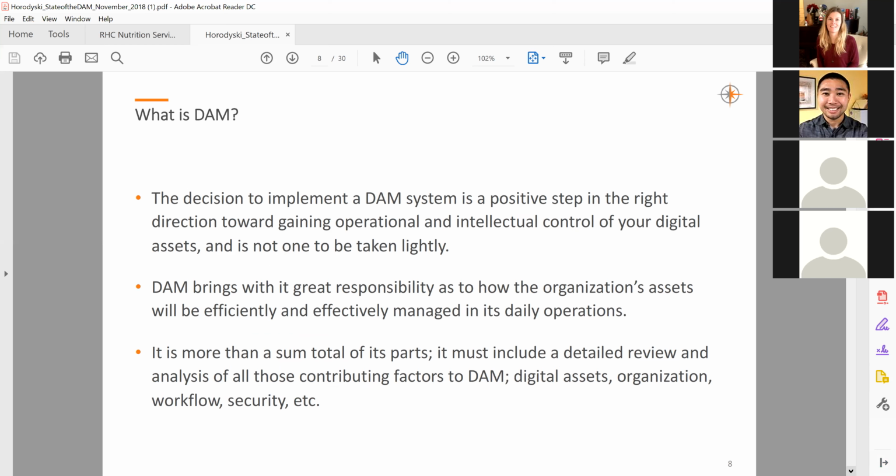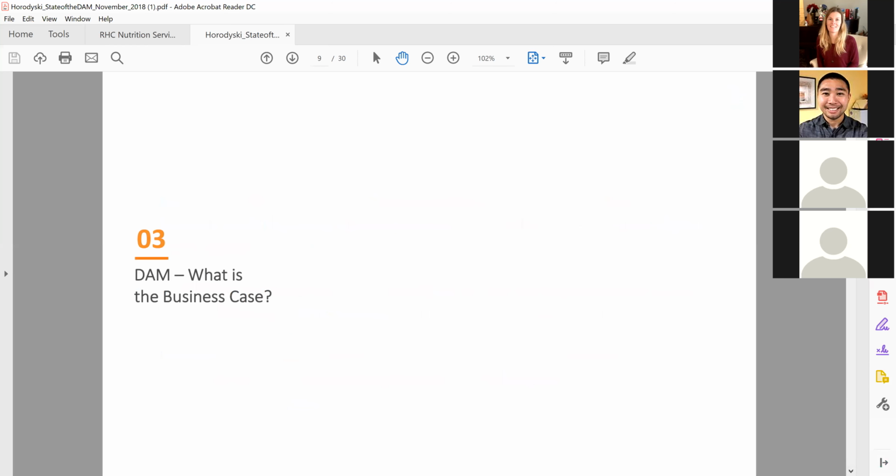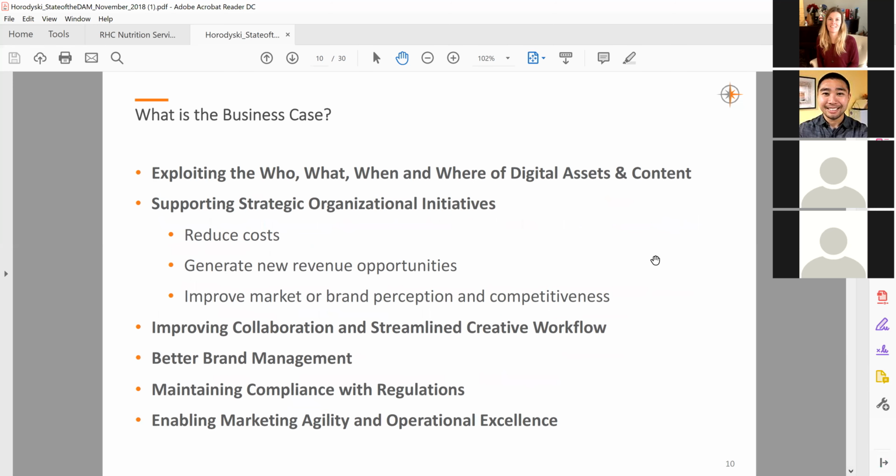So we're going to move on now to talk a little bit about the business case. Why are organizations looking to do digital asset management? So as I sort of hinted at before, the value of DAM is that it provides accessible discovery, organization, workflow, and security for your assets and for your brand. So do you think you need a DAM? Well, why is it that you might need to be able to manage those things? So what I want to relay in this slide is to consider some things of what a digital asset management system can do for an organization.